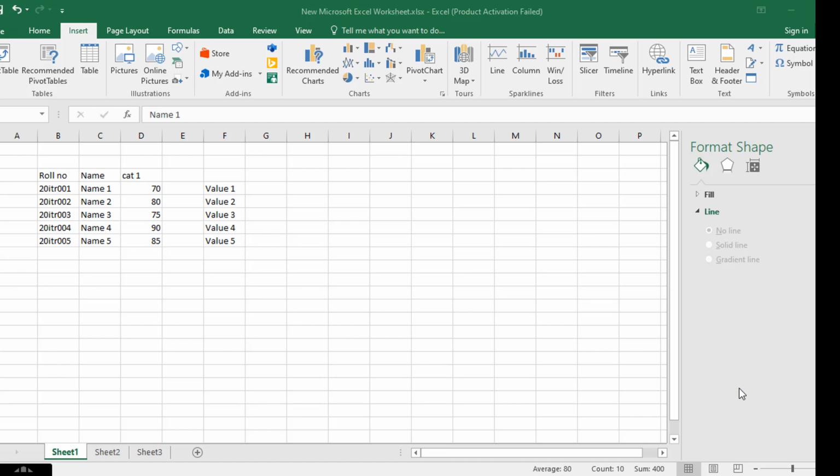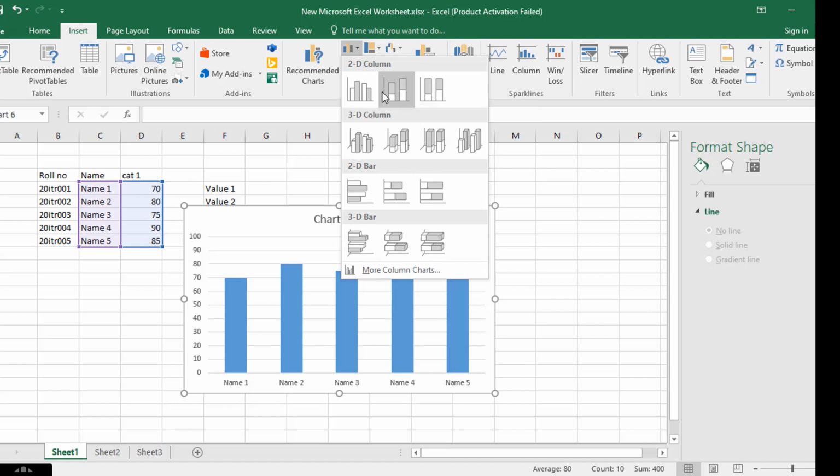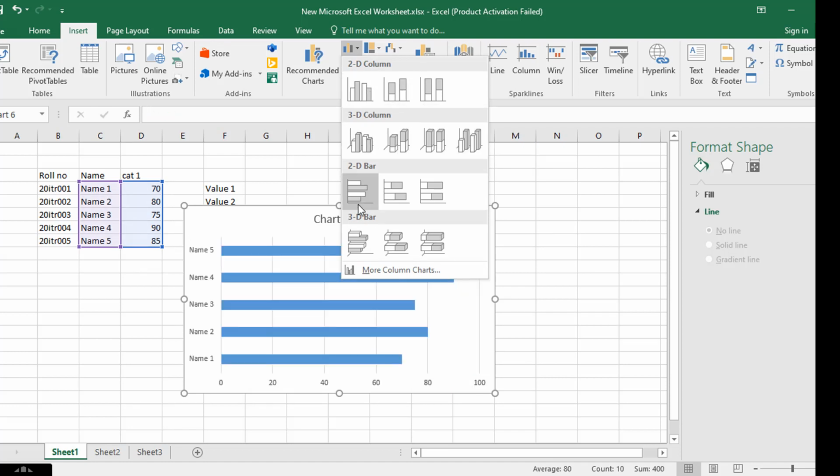Next we will see how to insert charts in Excel. To insert a chart in Excel, first select the data, name and marks. Go to insert, and you are having various types of charts. It can be 2D or 3D charts.